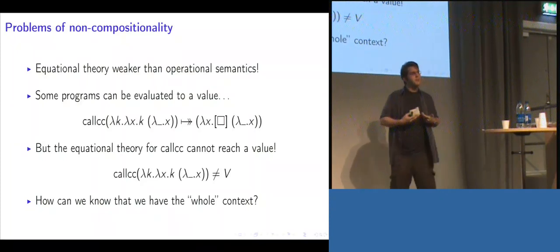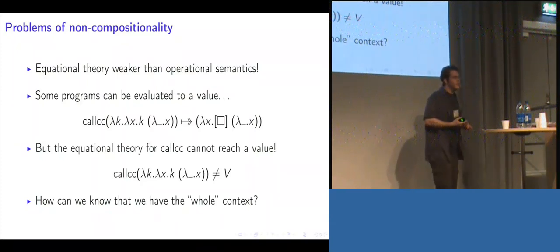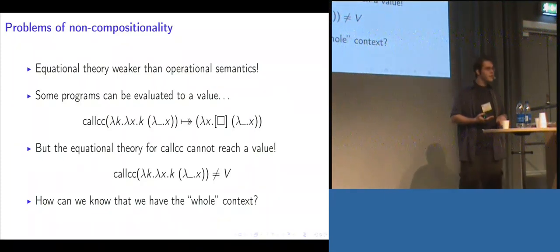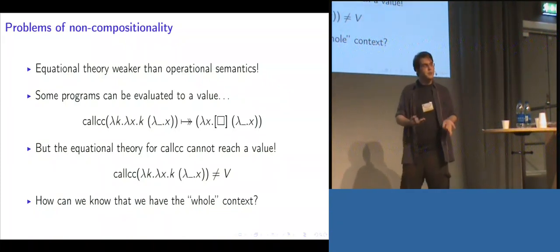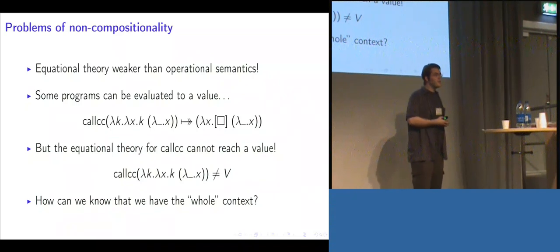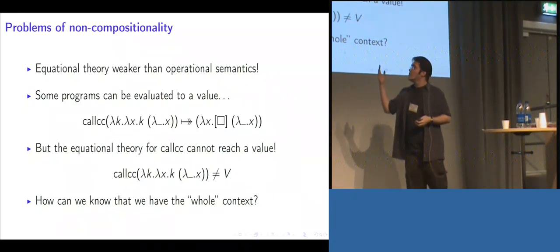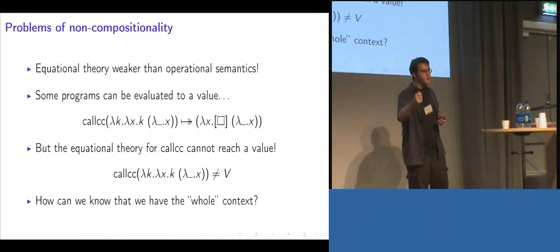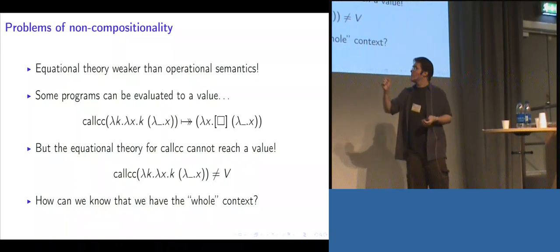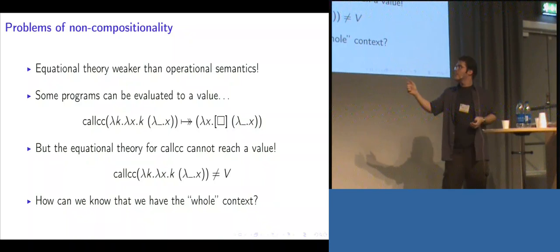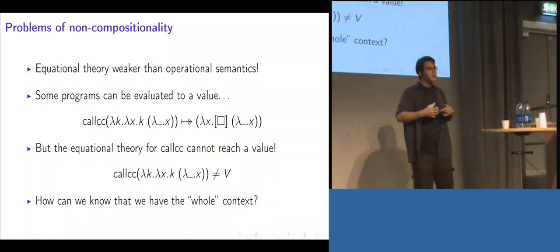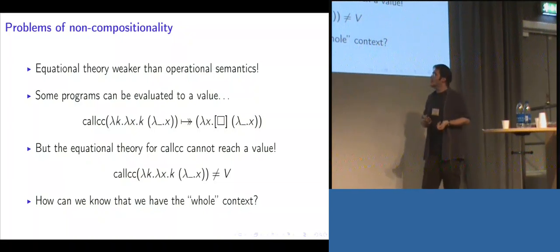But if we do this, there's a bit of an issue. We'll find that the equational theory that we get doesn't actually align with the operational semantics that we started with that explained what it did. In particular, there are some programs that when we run them, we get to a value, but the equational theory is not able to reach a value. So, in particular, the equational theory is weaker. And the root cause is that